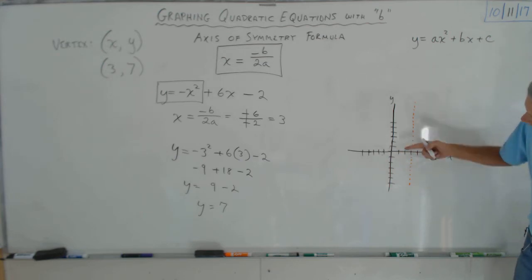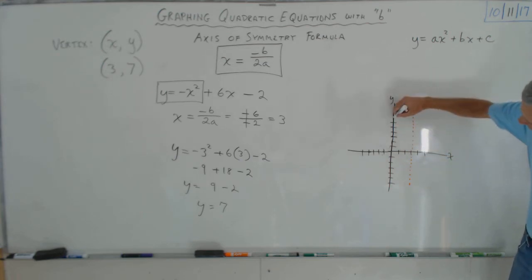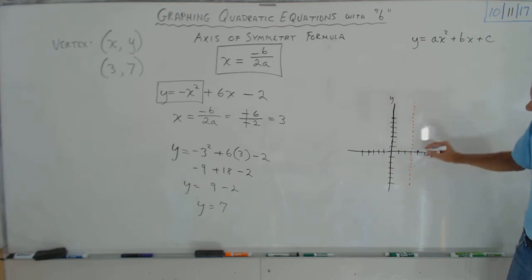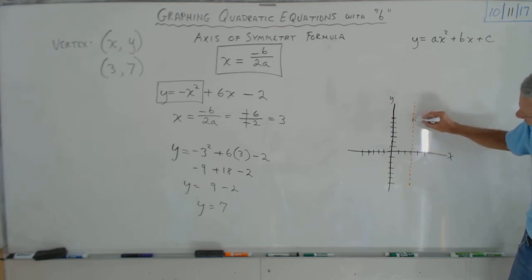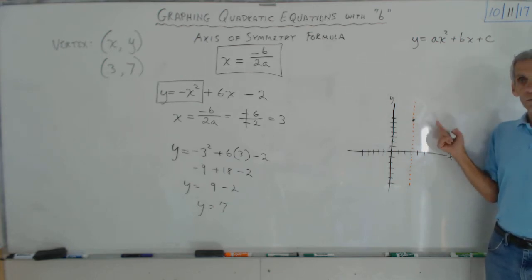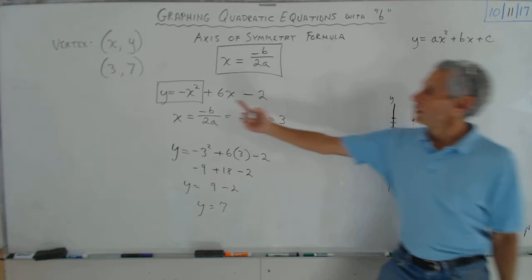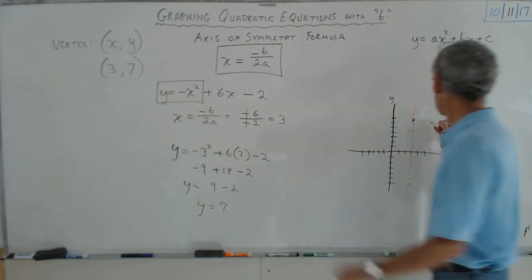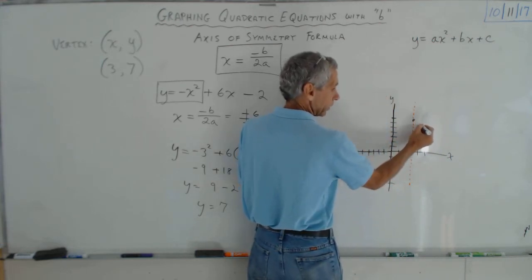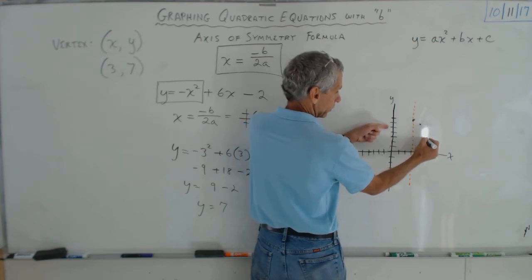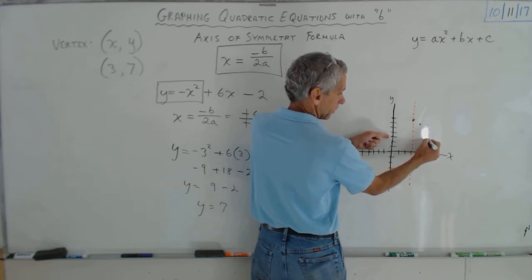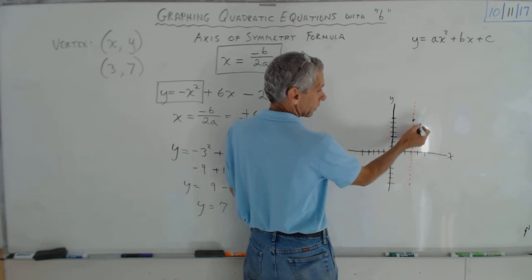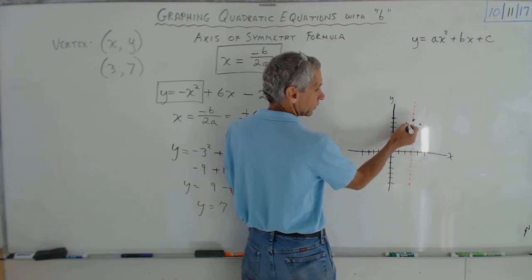So I'm going to now go plot my vertex. Over 3, then up 1, 2, 3, 4, 5, 6, 7. So over 3, up 7, and there it is. Now that I plotted my vertex, it's standard parabola guy's sad face. So, down 1 over 1. So over 1, down 1, dot. Over 2, down 4. 1, 2, 3, 4, right? And then I'm going to just mirror it across,